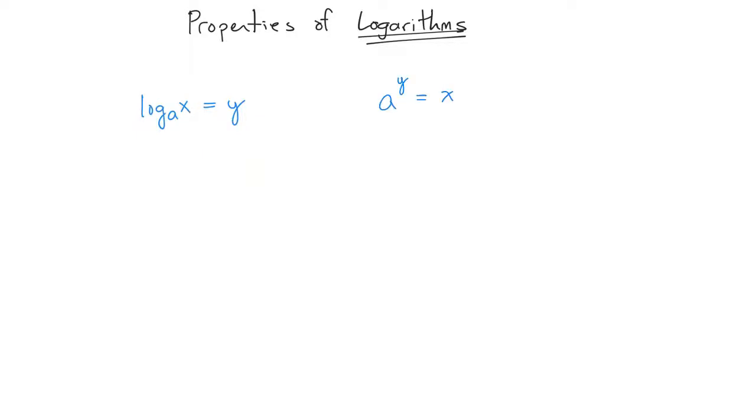In chemistry, we generally deal with two kinds of logarithms. One of them is known as the normal logarithm, which is log base 10, and the other one is the natural logarithm, which is typically shown as ln, and this is going to have a log base e, which e has a value of